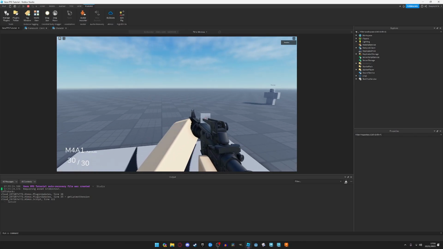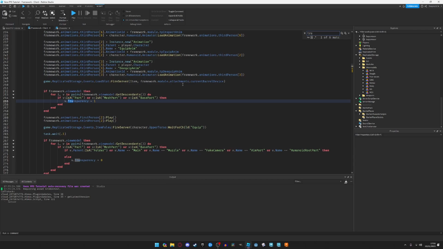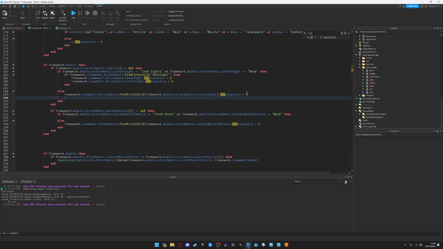It is not transparent. That's the first problem. And I believe I know why. It's because here we'll say rv.name equals reticle, and then here we'll say find first child, which is a,